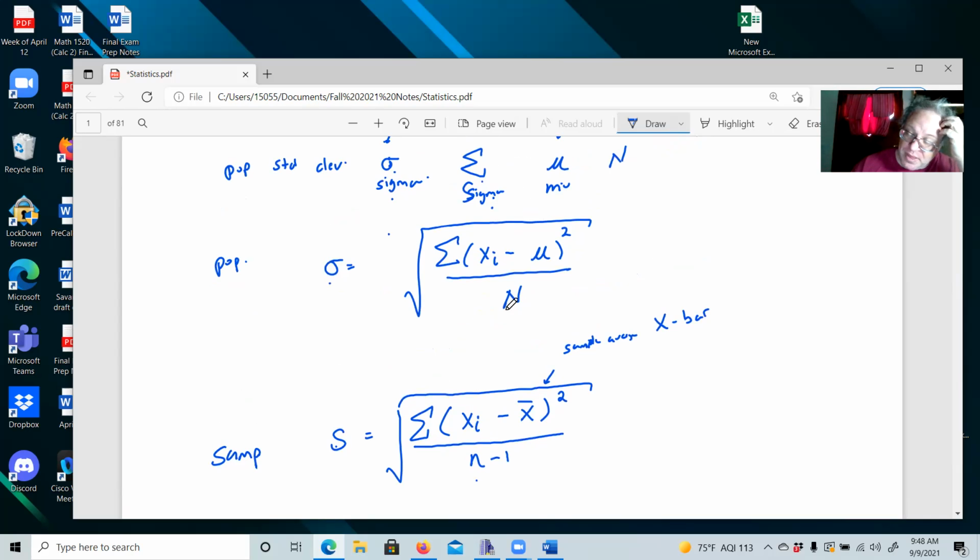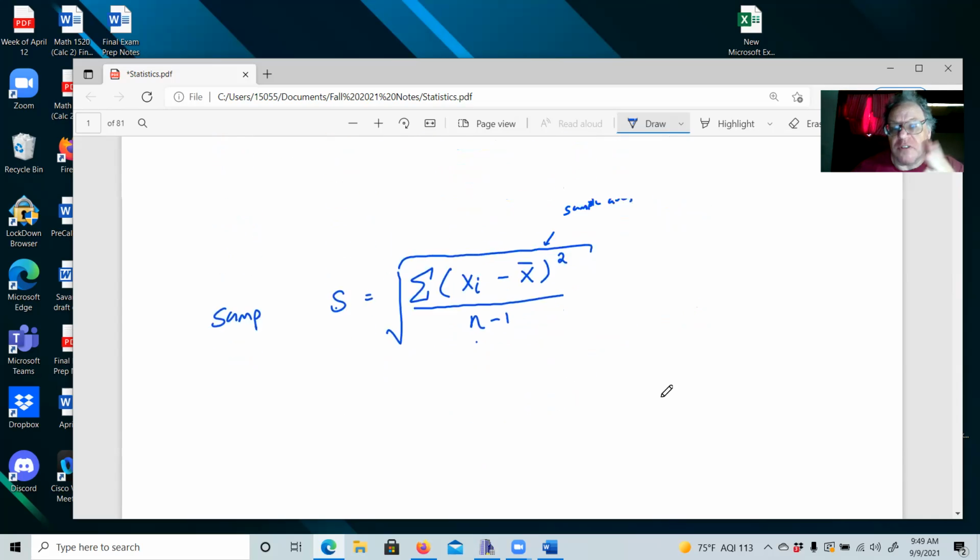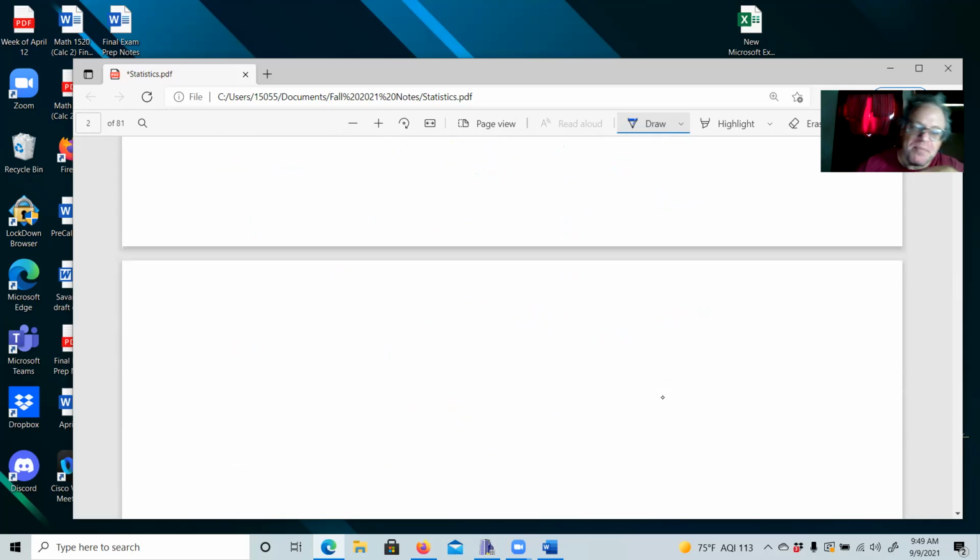So there's our formulas. Okay. So what I would like to do next is take you through one. We're going to take a small one, work through it by hand, and then right after we're done, we're going to work through it on a calculator, so that you see how they relate and you can see what to do with it. So I'm going to take a very easy sample, 1, 3, 5, 7, just to calculate by hand.